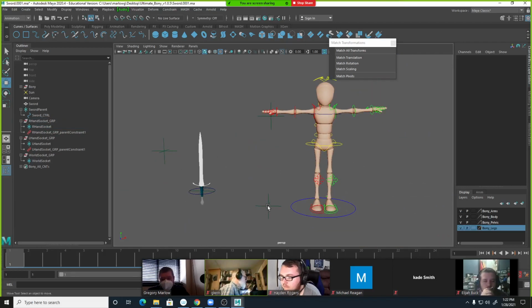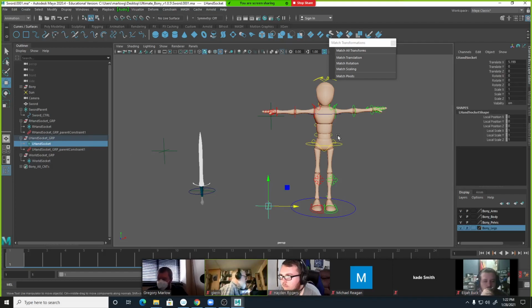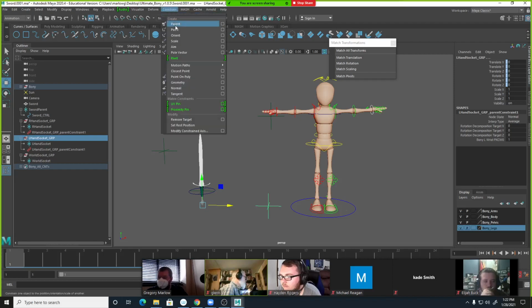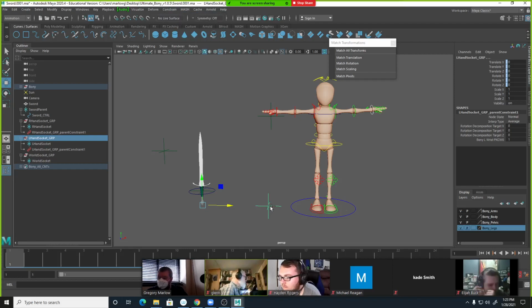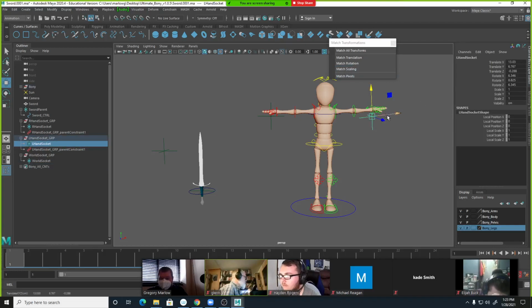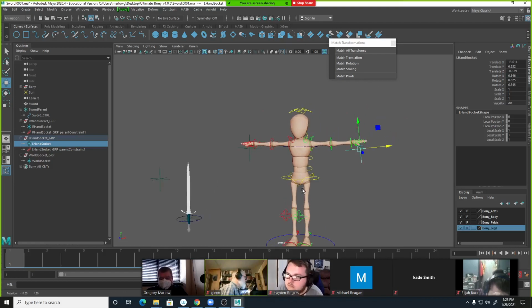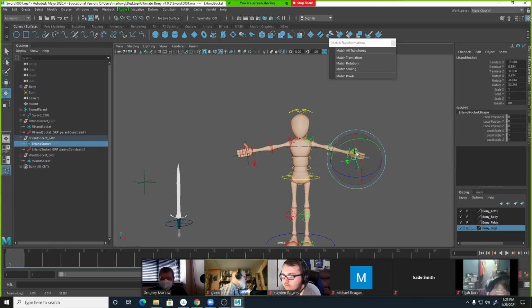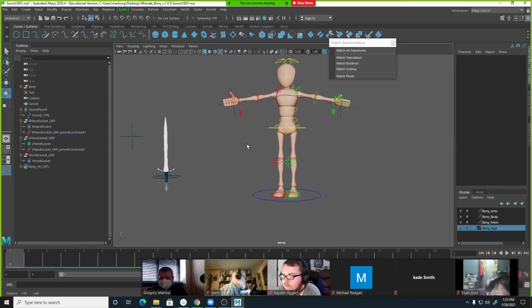Now, sort of the same with this one. I could do left hand socket group, constrain, parent, and then I can just move this left hand socket and sort of line it up over there, rotate, put it to where I want it to be. Now, the reason this is a useful way of doing this is like now I have these sockets that are going to go wherever my hand goes, right? Those sockets can be moved around individually if they need to be, but the most important thing is